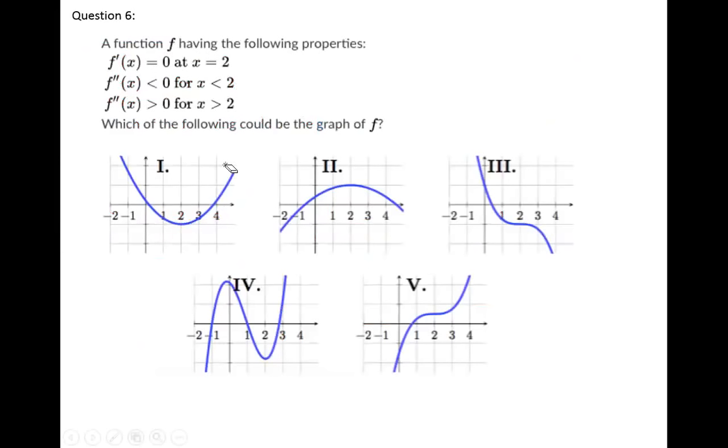Yes, and even here, horizontal tangent. Even here, horizontal tangent. Oh, wow. I can't exclude any; each of them satisfies this. Okay, I can say horizontal tangent at 2. You can think about the rest, and I will write